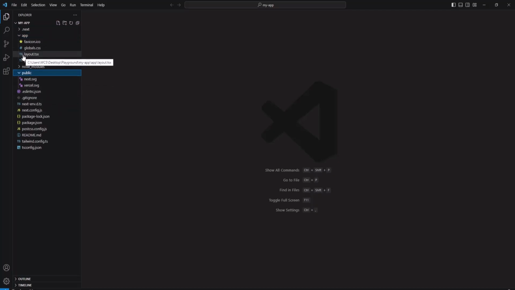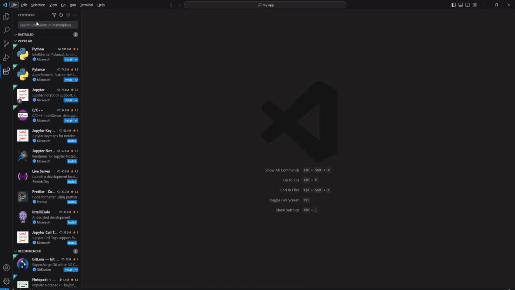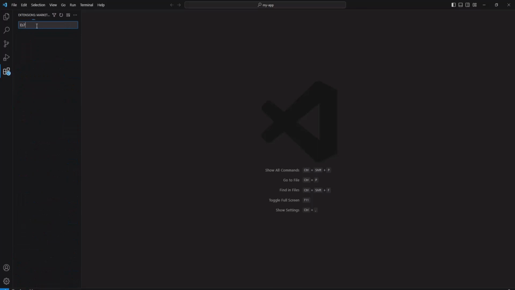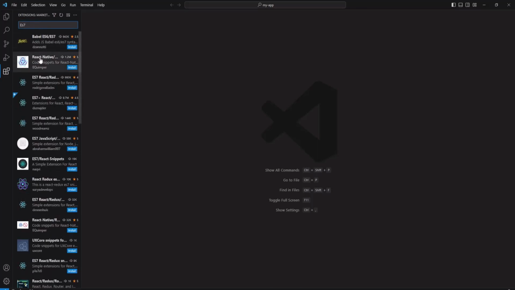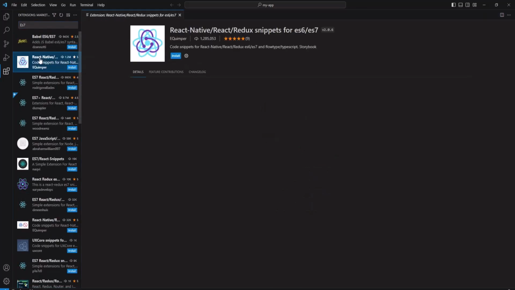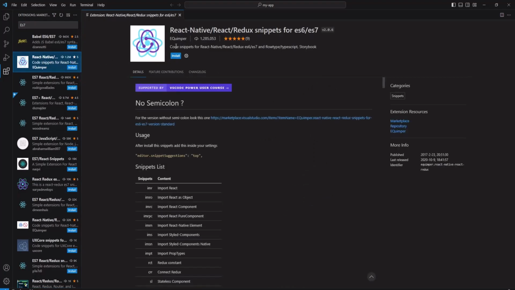Now we will install some extensions, so go to the extensions and here search for ES7. So this is the extension. We will install this. This is for a bunch of code snippets so that we can create React components very fast. So install it,